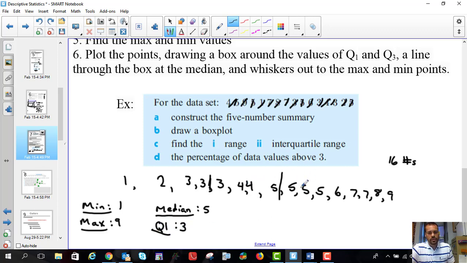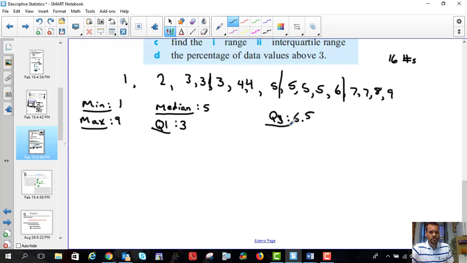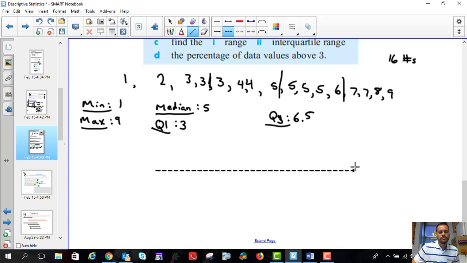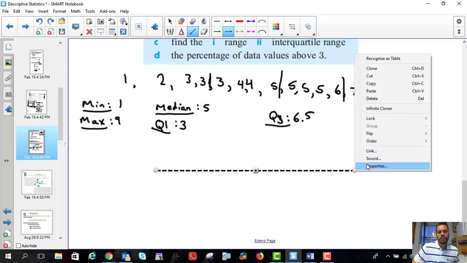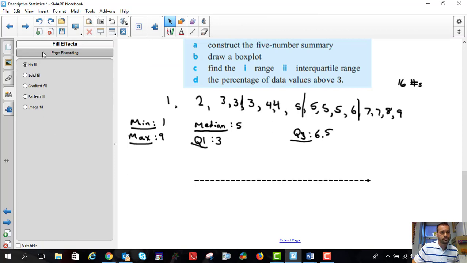And then Q3 is 1, 2, 3, 4. It's right in here. And here's an example of what I was talking about, where there's 6 and then 7. So you take halfway in between. You say the Q3 is 6.5. So what we do then, once we have all our numbers, is we just draw a number line. So, let me do this a little bit cheating, but we'll just put in a number line the way that I want it to look,